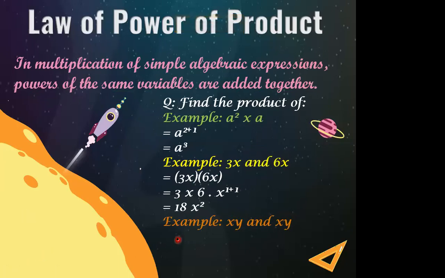Now what you will do is simply multiply variables with variables, meaning xy multiplied by xy. Inside the bracket, you are going to write it down. Then you will write the same variable here. When you multiply this x with the x, you will write it down only one time, but add their powers, which are 1 plus 1. Similarly, y is going to multiply with y, so you will write down y only one time, and then add their powers, which is 1 plus 1. And then the answer will be x squared y squared. This is your final answer.